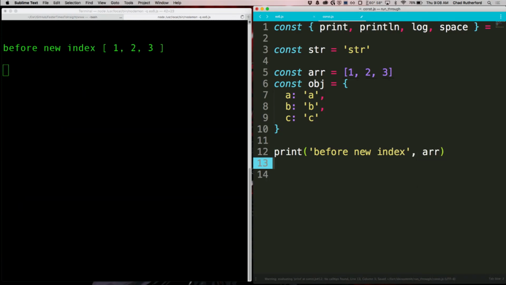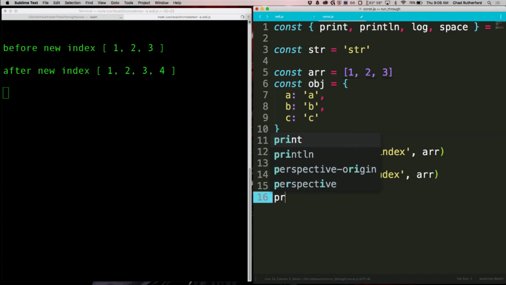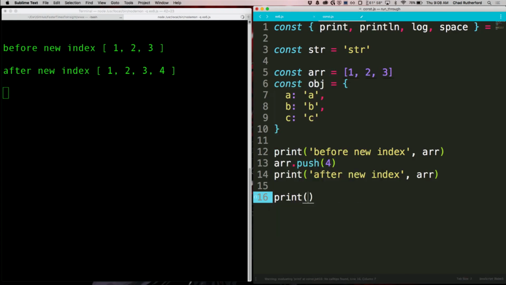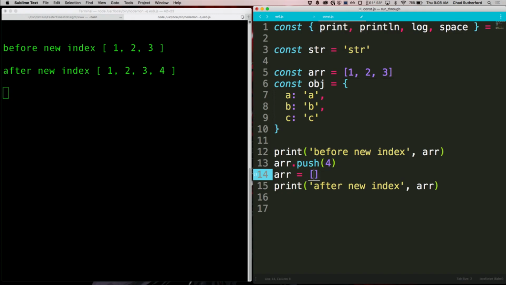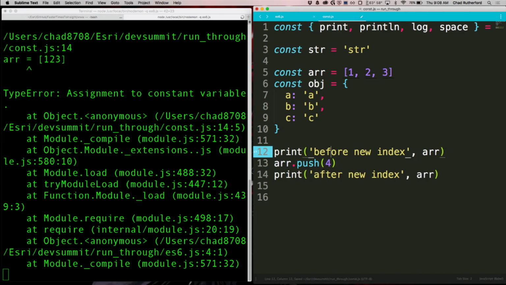All right, so we just outputted the contents of the array. Now we're going to push into the array, and then output the array afterwards. So you see, we are actually able to mutate it. But what we couldn't do is say ARR equals something else. That's going to throw an exception, because that's JavaScript saying, I see that you're trying to change a constant,